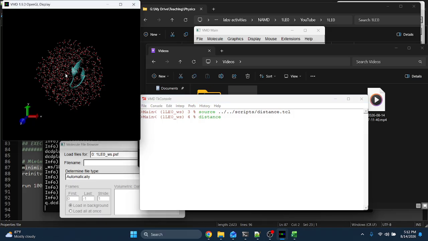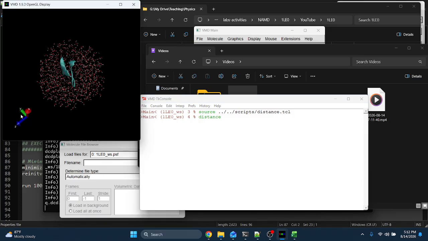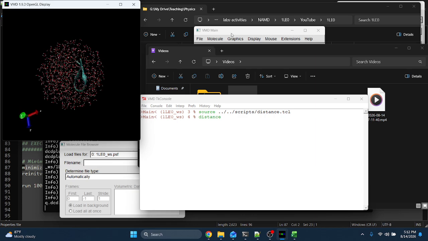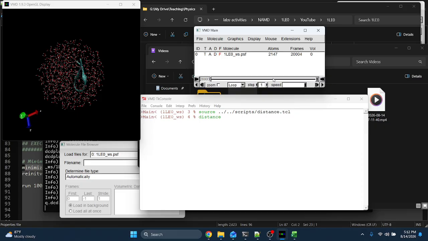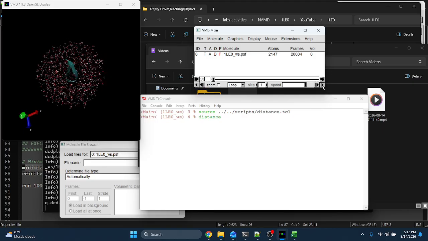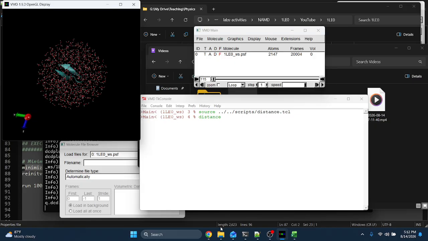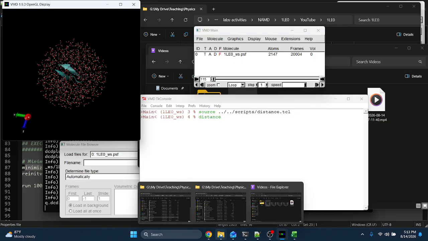I do want to say I already have loaded this. This is the unmutated peptide in the water sphere, and I loaded the DCD file in the standard way on top of the PSF file. You can see it simulated. And so then just to show you